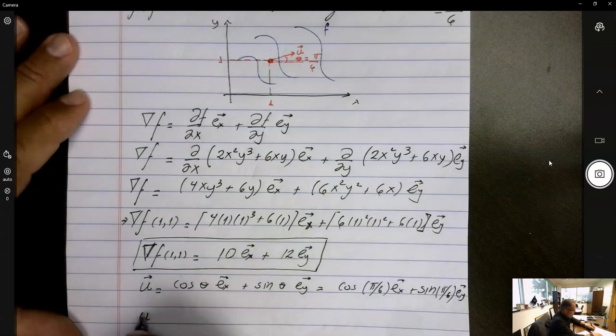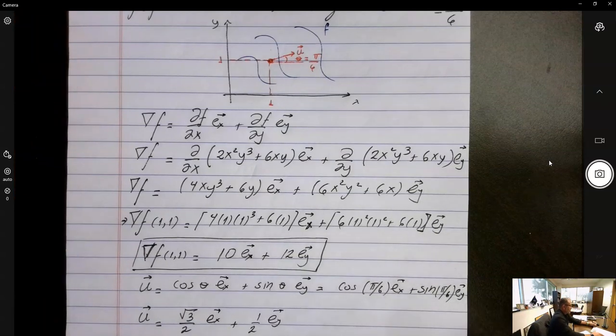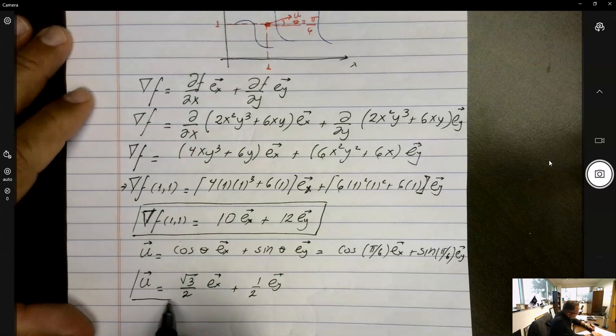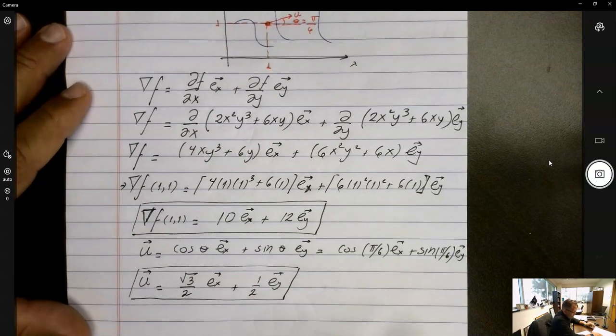So u is equal to square root of 3 over 2 in the x direction plus 1/2 in the y direction. So the cosine of 30 degrees and the sine of 30 degrees. Okay? And finally, so that's the vector,